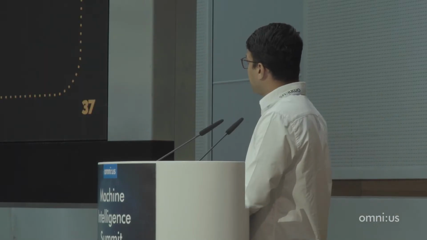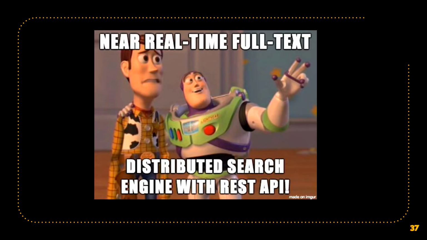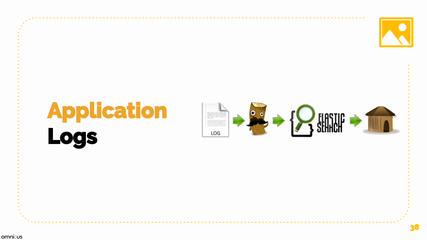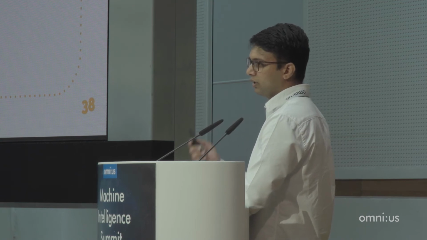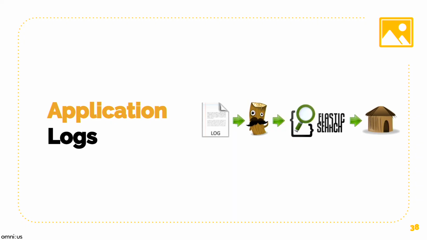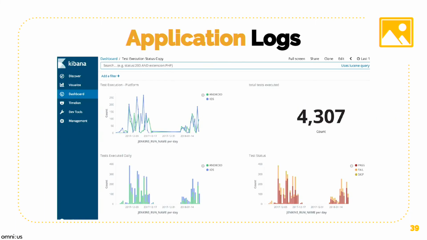So ELK really stands for Elasticsearch, Logstash, and Kibana, which gives us the capability to do real-time search of logs and with a REST API. So what are we really doing? We have logs coming from our various applications. We're using a Logstash forwarder to forward these logs to an Elasticsearch server. We index it, and then we use Kibana to visualize it, right? And in the end, we have a dashboard that looks like this, where we can look at our traffic, we can look at our logs, what's failing, what's not, and set up alerts based on the same thing.